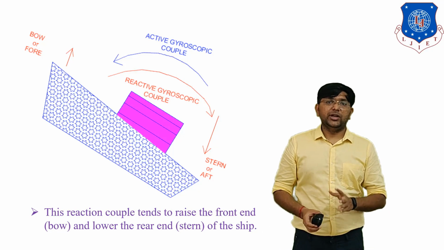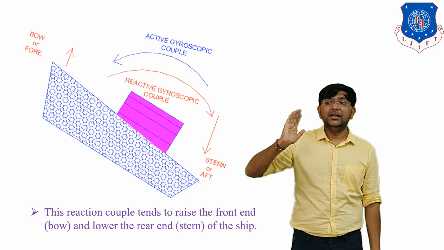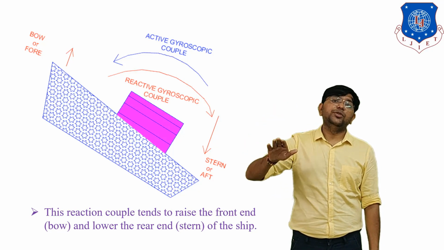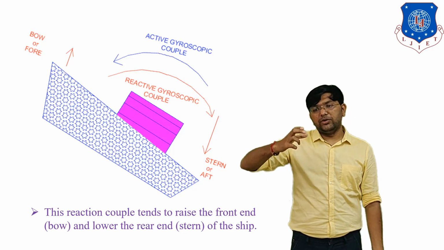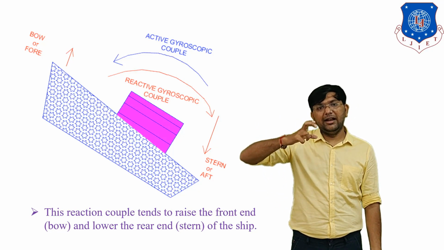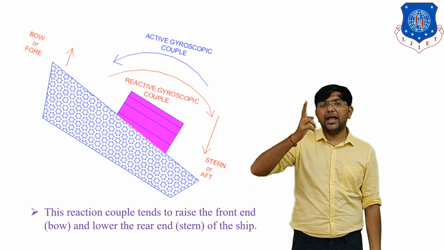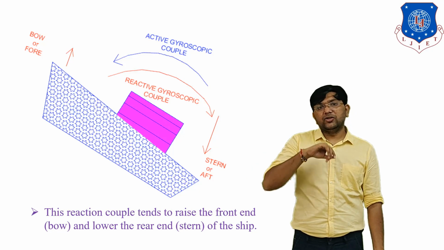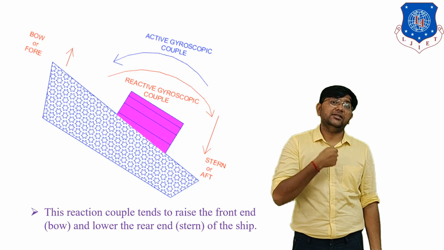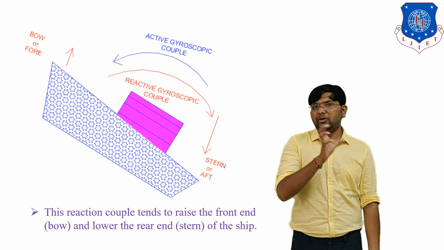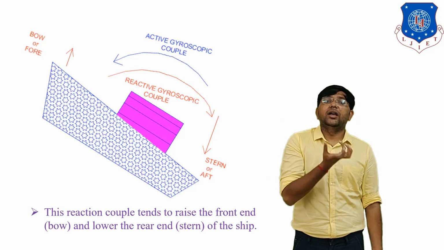Now what is pitching motion? First of all you have to understand what pitching motion is. Pitching motion is the cyclic up and down motion of the ship because of water waves. Clear? The cyclic up and down motion of the bow end and stern end indicates the pitching motion. So in pitching motion, the axis of spin tries to move in a cyclic up and down motion. Clear? So in pitching motion you can see theta. Pitching motion is a simple harmonic motion. Clear? And you all know what simple harmonic motion is and what the equation of simple harmonic motion is.